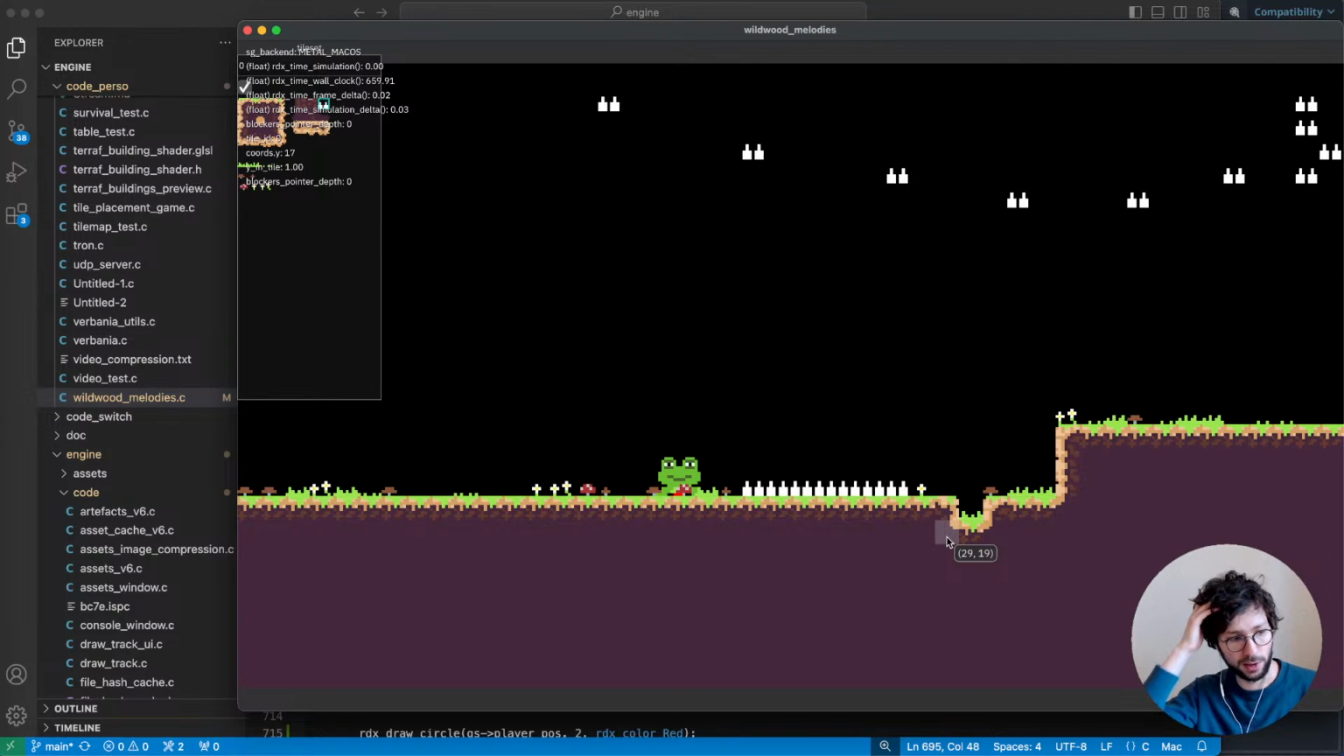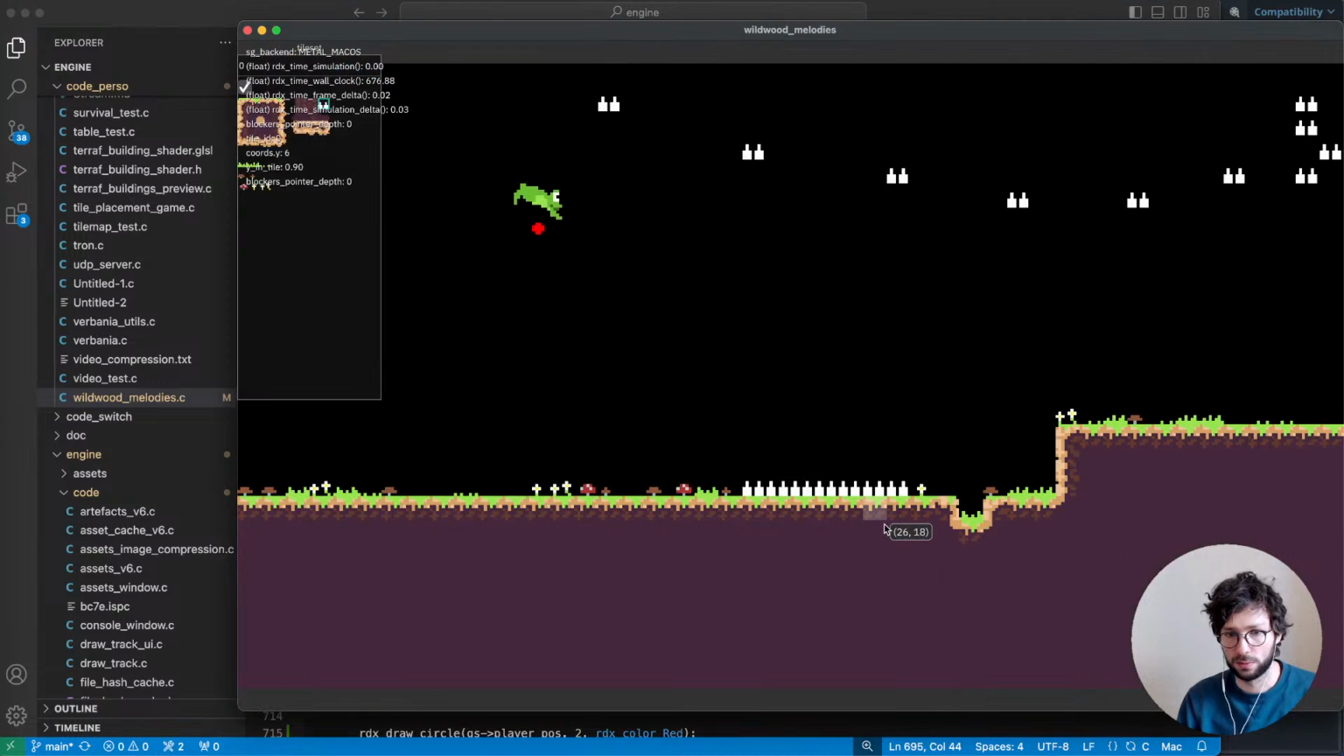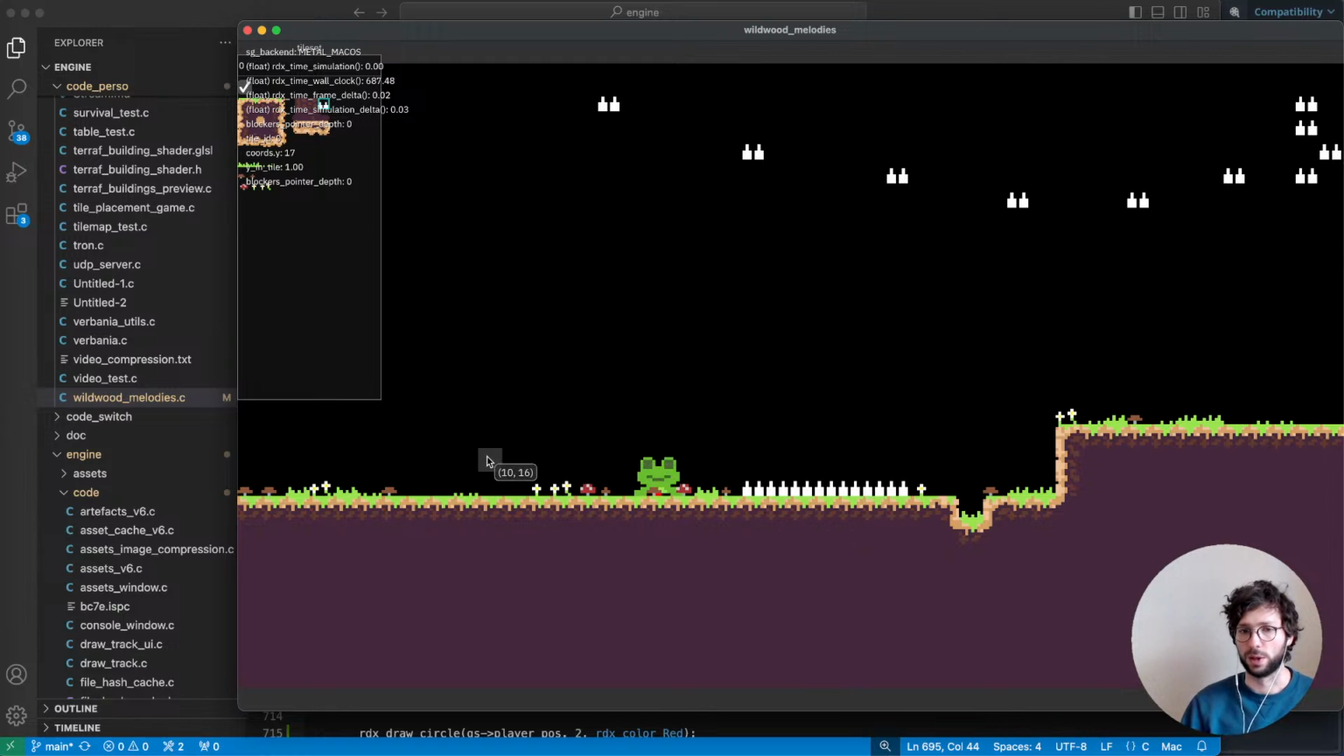Okay, so now we are dying only when we hit half. Like when the red dot hits half of the tile here, like halfway. Perfect. Can make it 8. Perfect. Whoop. Good enough for me. Now,